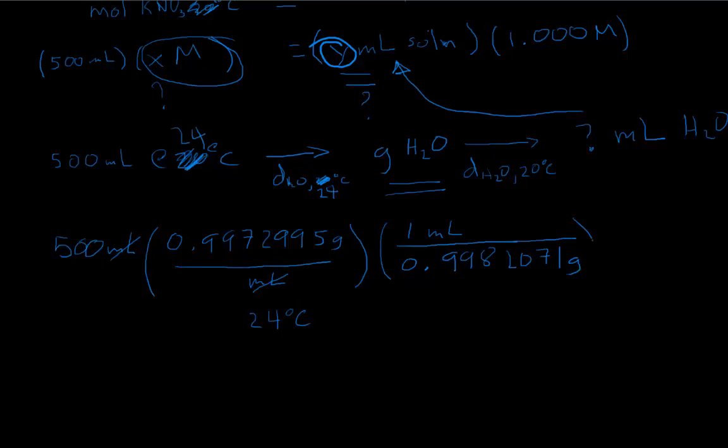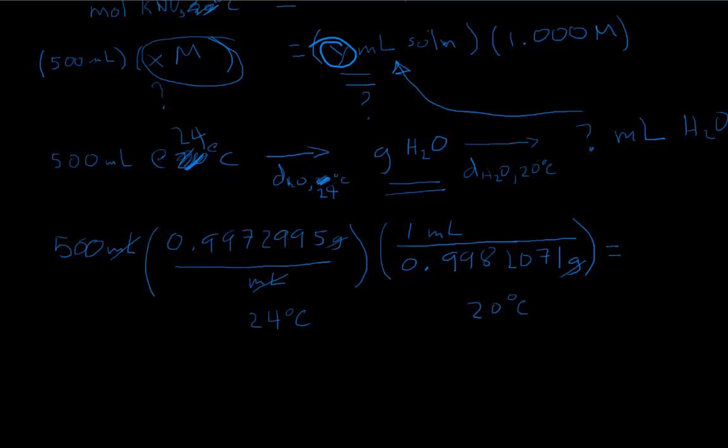So you see the density of water is slightly higher at the lower temperature. The water molecules are packed more closely together because they're not knocking into each other as hard with as much kinetic energy. So the grams will cancel out, and this will tell me how many milliliters of water I have